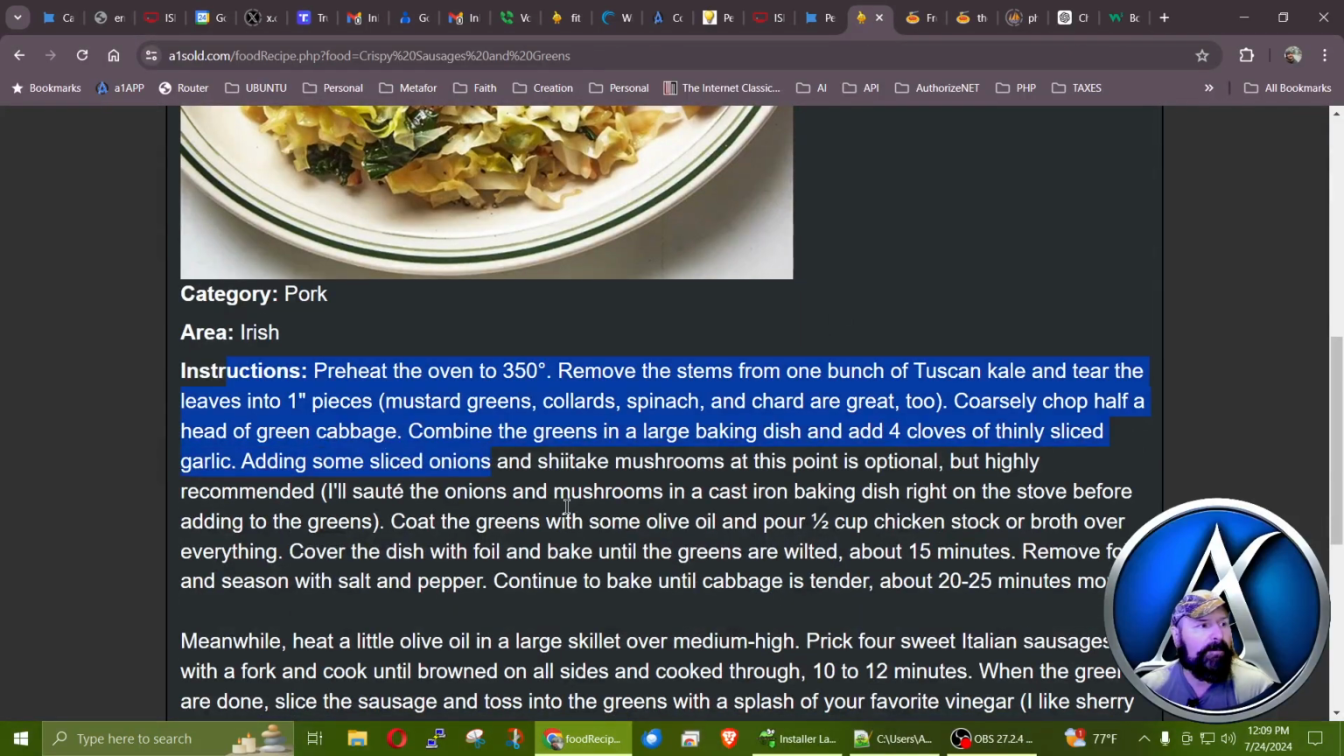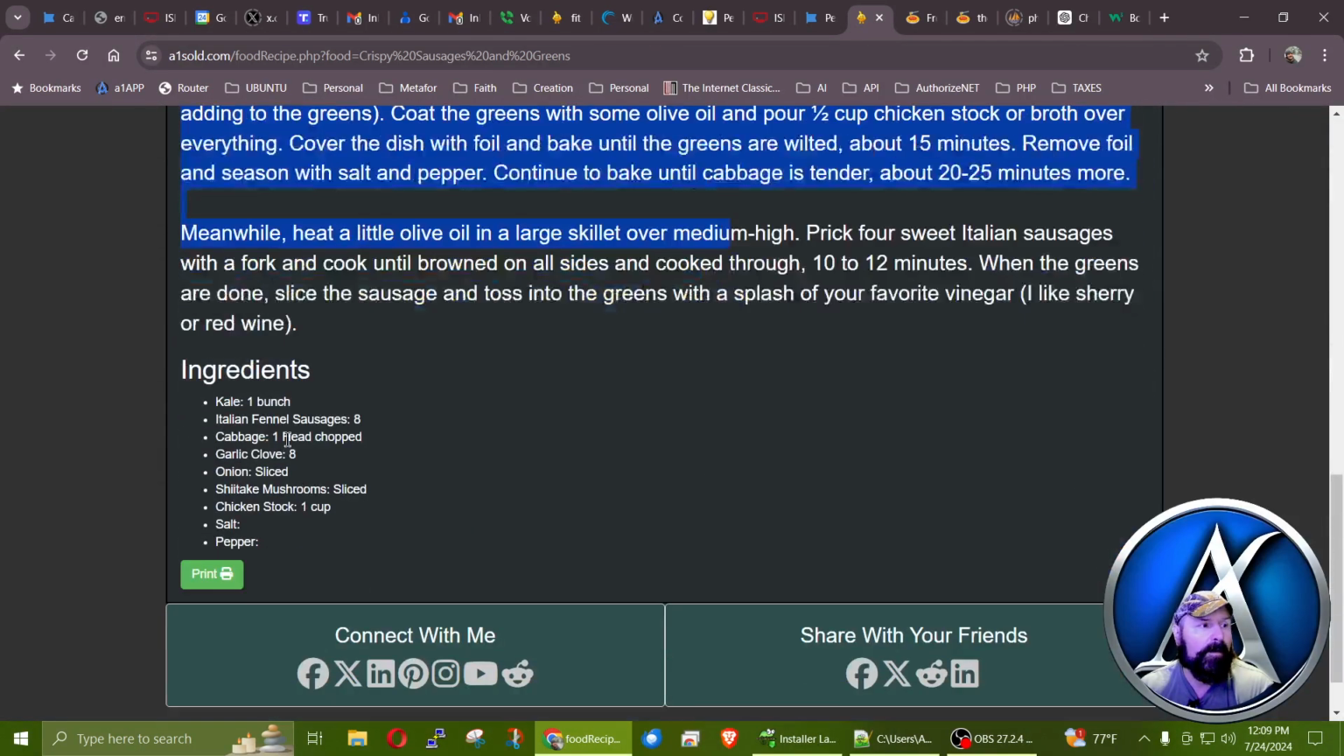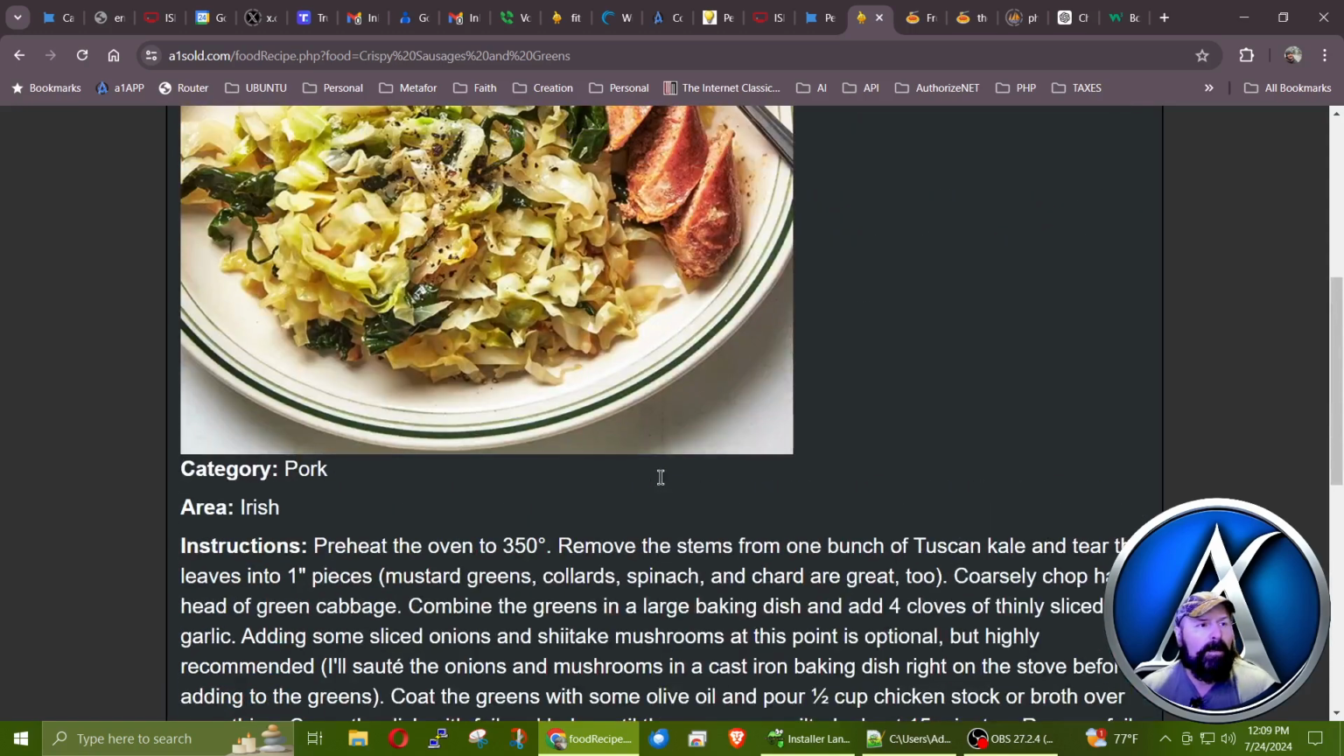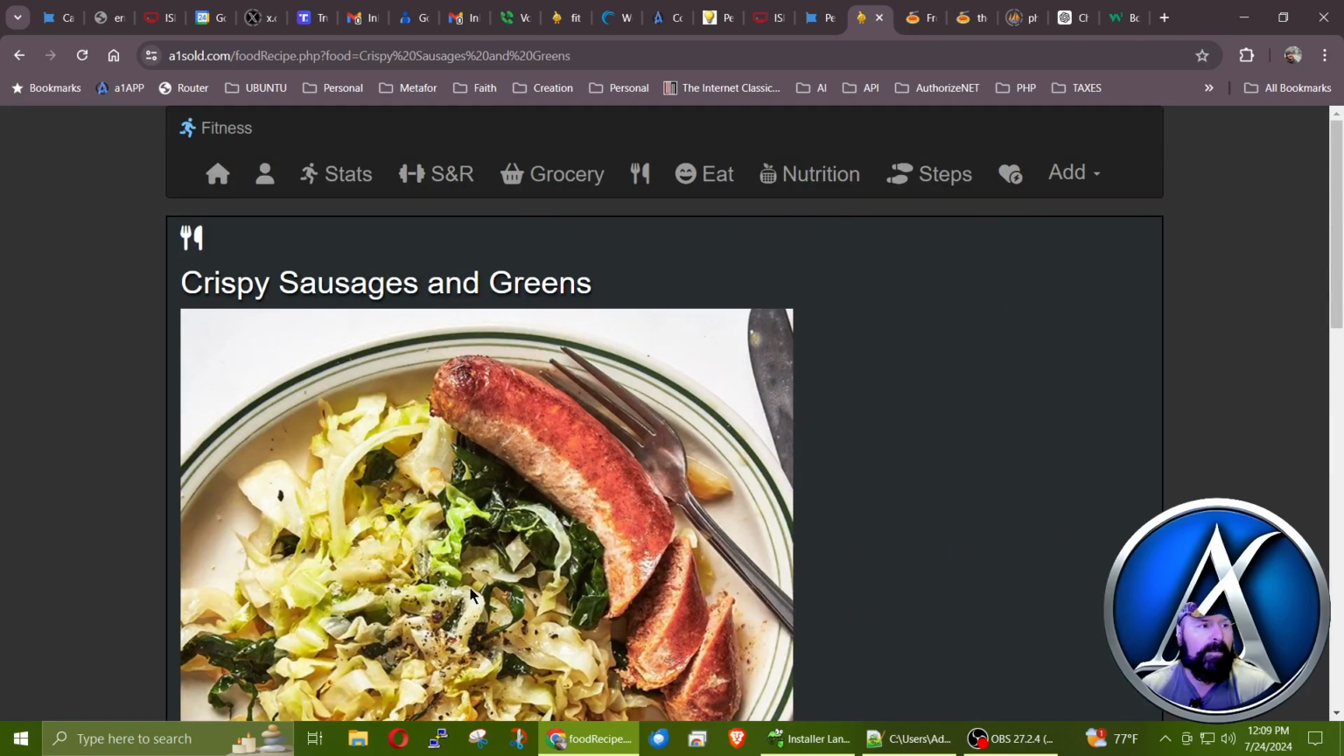it gives you the entire instructions, the ingredients, and a lot of times it will have a video at the bottom. And then the other way that you could get to the different recipes, if you click this little